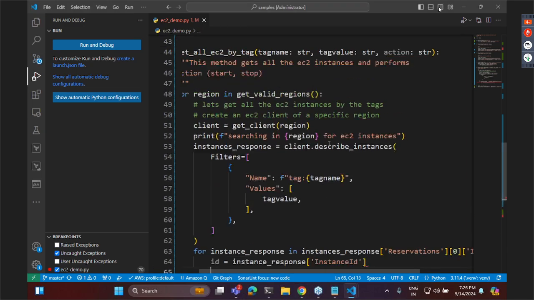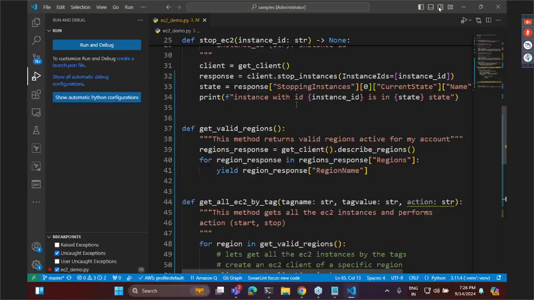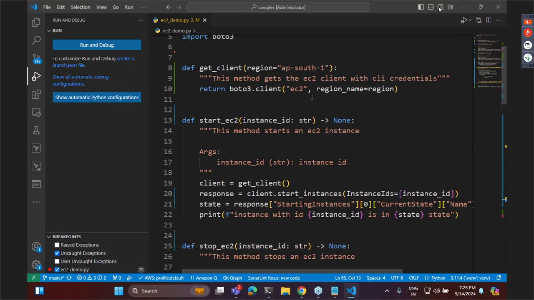Now all I need to do is start an instance. For starting an instance, again, if you remember my earlier code, I have only passed instance IDs. So now to make this code work, I am trying to pass region is equals to ap-south-